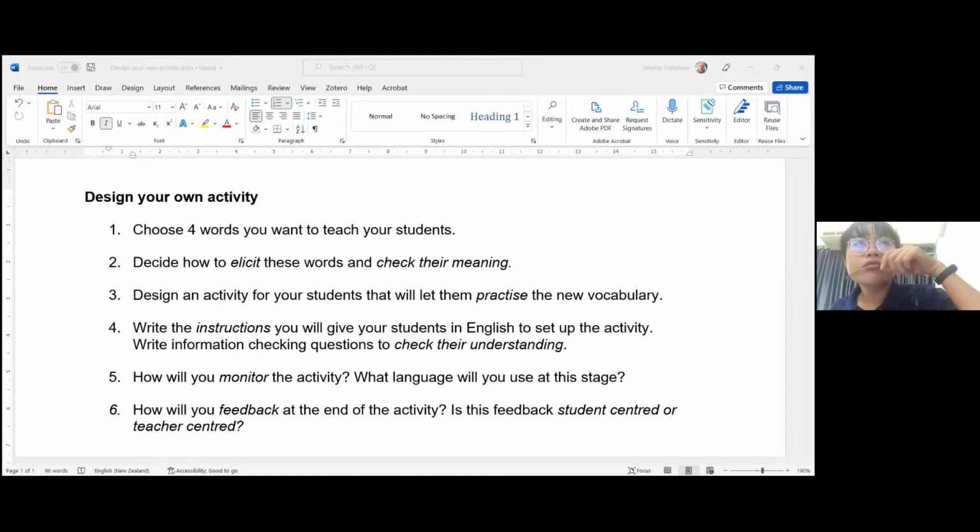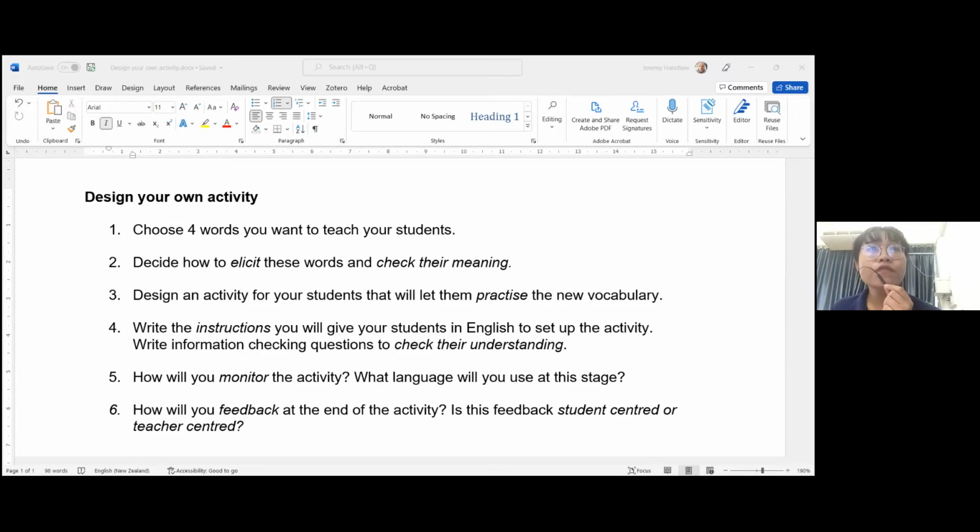And then number 3, the activity that I want them to practice the words, I will put them into 4 groups and let them work together in order to explain the characteristics and give examples of movies. Maybe 5 movies for each category: romantic, comedy, science fiction, and horror.